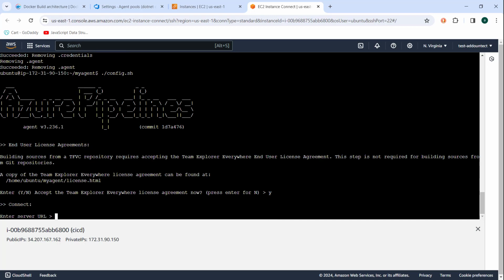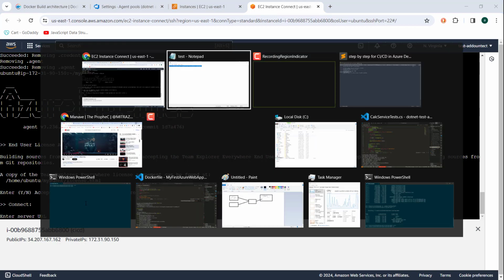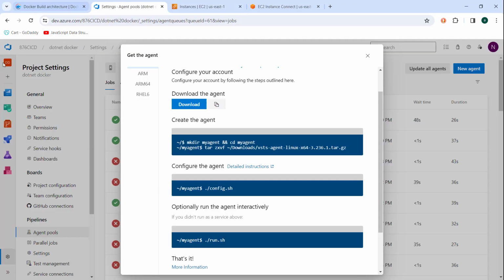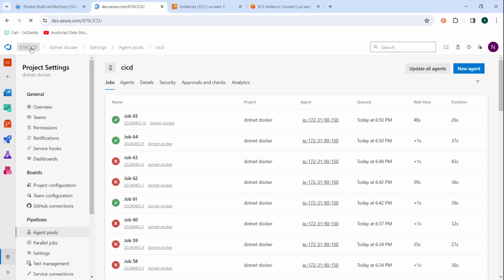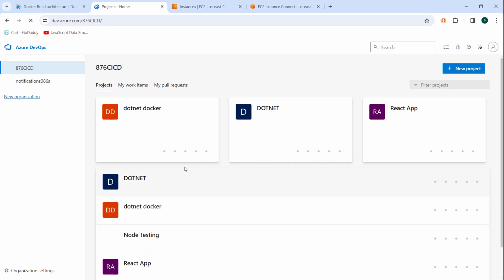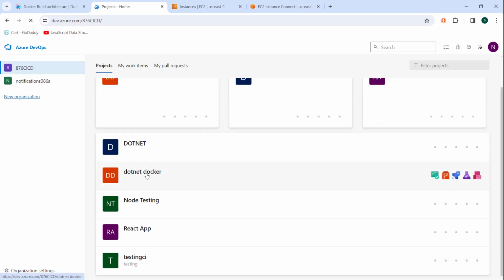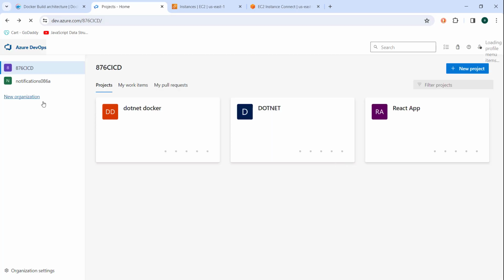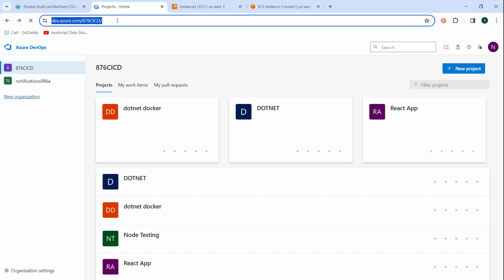I'm going to type y for yes, and for the server URL we are going to go back to our Azure DevOps over here, and we are going to go to our project, the organization, and then after that we're going to go to that project which we are using. In my case, I'm using .NET Docker, but we don't have to go in there. We have to just copy this one over here, the main organization URL. You have to copy it over here,